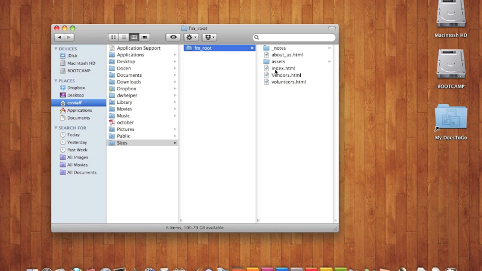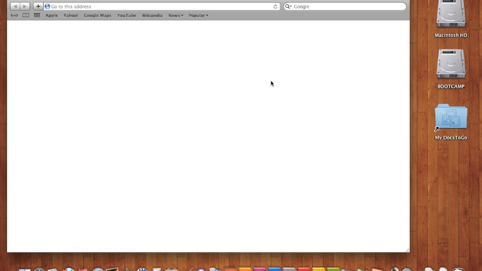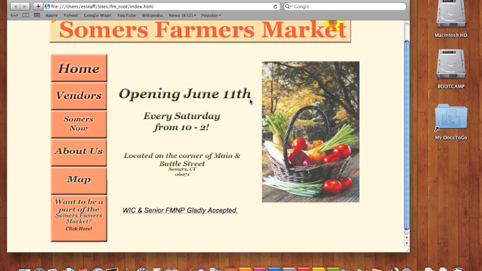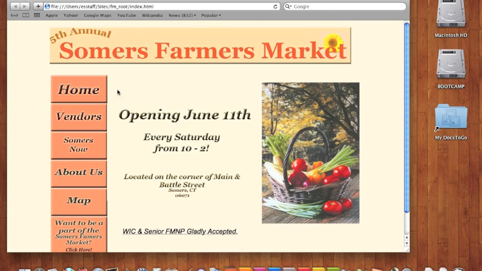So I'm going to go ahead and I'm just going to open up this index file. And it's going to open in my browser, and here's what the page looks like. We have a series of buttons down the side of the page, a banner up top, and we have an image over here. Now, unlike many of the graphic design programs you've used so far,